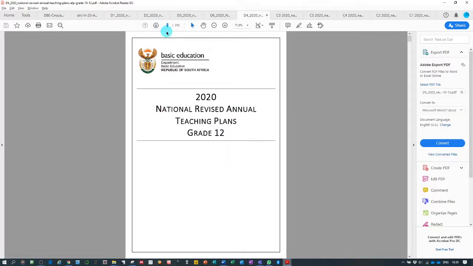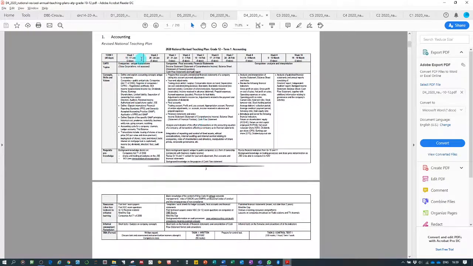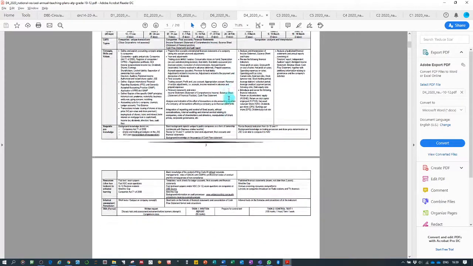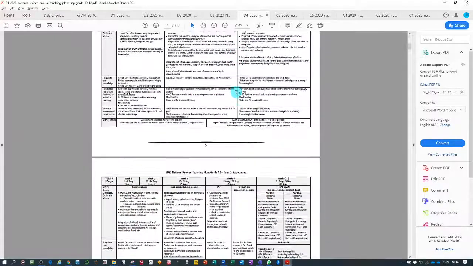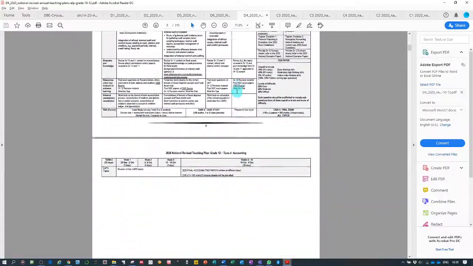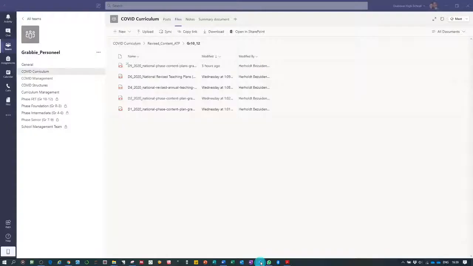And let's just look again quickly at accounting. There is term 1 accounting, week for week, what should be done. There's term 2, week for week, and there's term 3, week for week, and term 4, week for week. Ladies and gentlemen, this is very, very similar to the document that we looked at in Teams